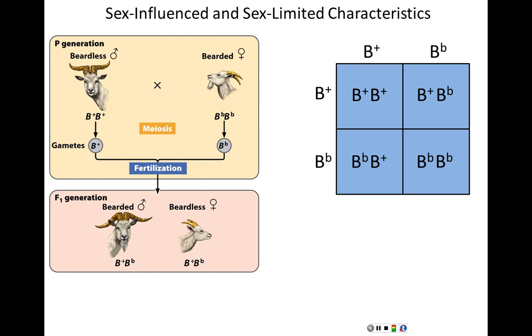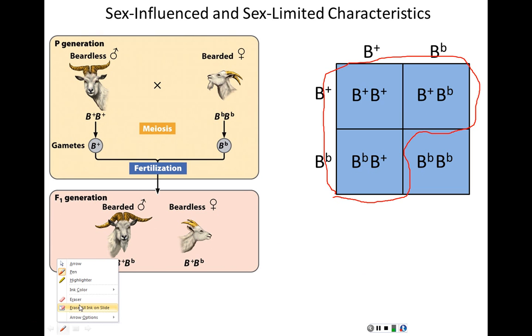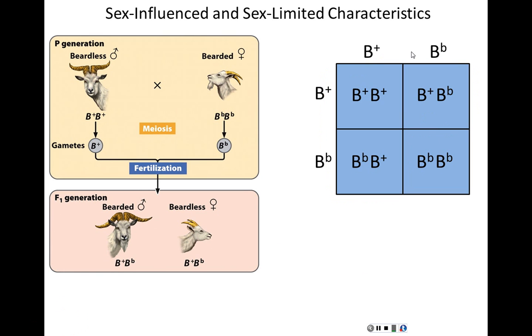But when we look at this, we realize that if we're talking about males, for males, the beard is dominant. So for the males, this 75% of the offspring will have beards. This is bearded. Excuse me one second. No, got that wrong. Let me back up for a second. So I want to make sure that this is right. So Bb is the beard in males. It's dominant. So the numbers are correct, I just had the genotypes wrong.